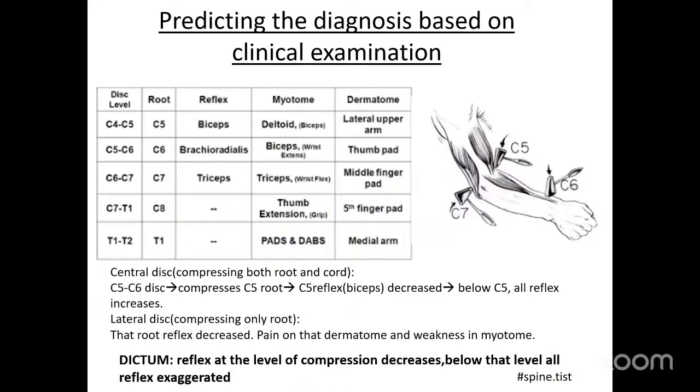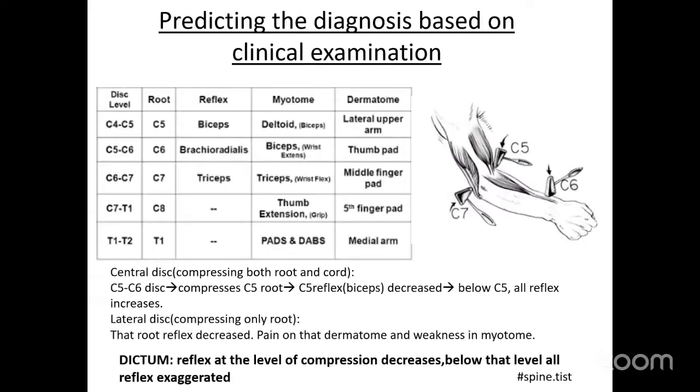This we have discussed in our first lectures, dermatomes and myotomes of cervical nerve roots, that is C5, 6, 7, 8, T1. C5 biceps, C6 brachioradialis, C7 triceps reflex, right? So just remember this dictum: reflex at the level of compression decreases, whereas everything below that increases. So this will help you to determine the level of the disc bulge in your exams if you get this case,